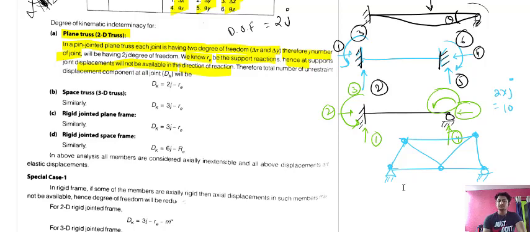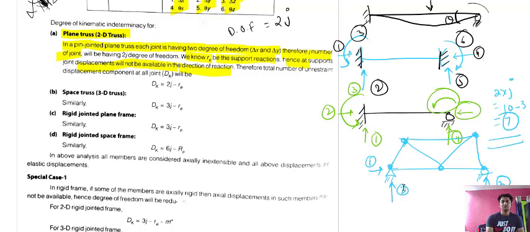And we need to remove the external support reactions, because joint displacement will not be possible in the direction of the reaction. So the reactions here will be one in this direction and one in this direction, as it is a hinge support. And in case of a roller, only vertical displacement will be restrained. So 1, 2 and 3. These 3 external reactions will be subtracted, and the total degrees of freedom available for this truss will be 7.